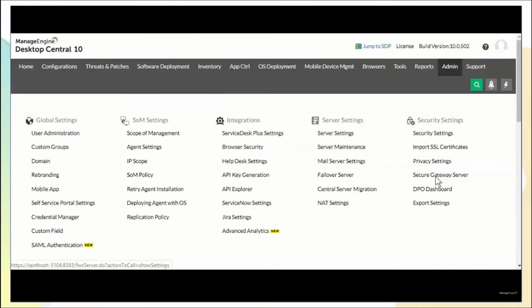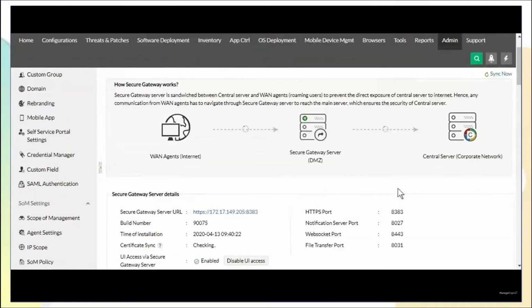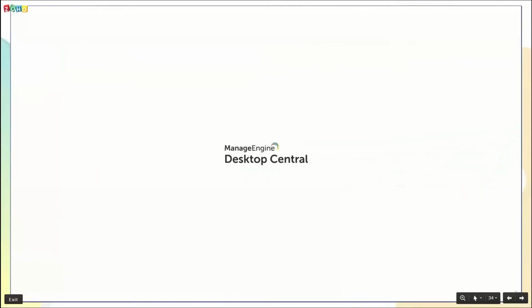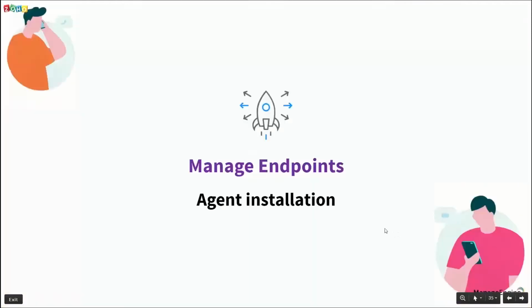You can also see the certificate status, whether it's syncing or not, and how the communication looks from the outer world. Everything can be looked up from here. So that's how you configure the secure gateway server.